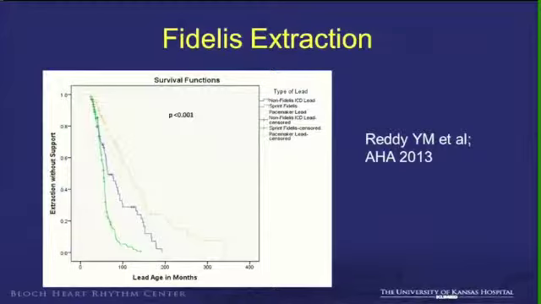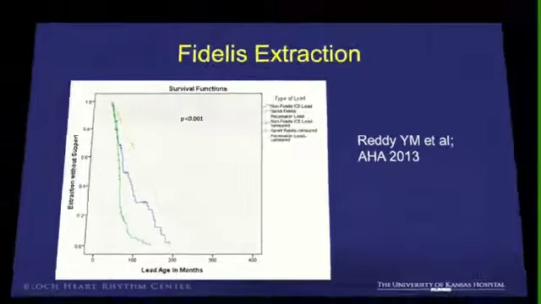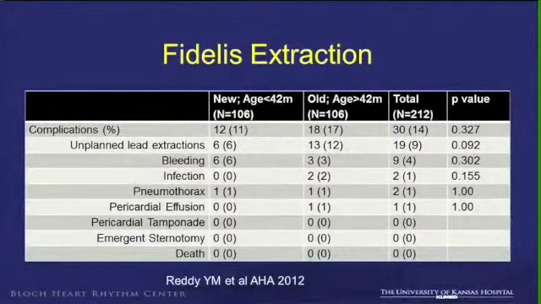And this is also our experience, which we'll be presenting this November, where the green is the Fidelis, the blue are the other ICD leads, and the mustard color is the RV pacemaker leads. The Sprint Fidelis lead actually required more extraction support, in the form of laser lead or mechanical support, for extraction. So does this translate to increased complications? At least in our experience, it did not. We didn't have any. This was updated till April of 2013. We did not have any major complications with extractions of the Sprint Fidelis lead by that time.